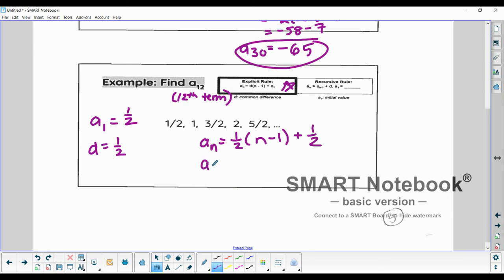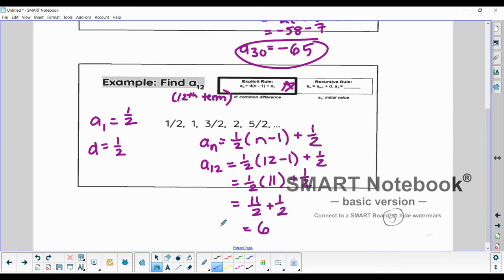And I'm going to find the 12th term. So I'm plugging in 12 for n. So it's going to be 1/2 times 11 plus a half. So that's 11 halves plus a half, which is 12 halves, which is 6. So the 12th term of this sequence